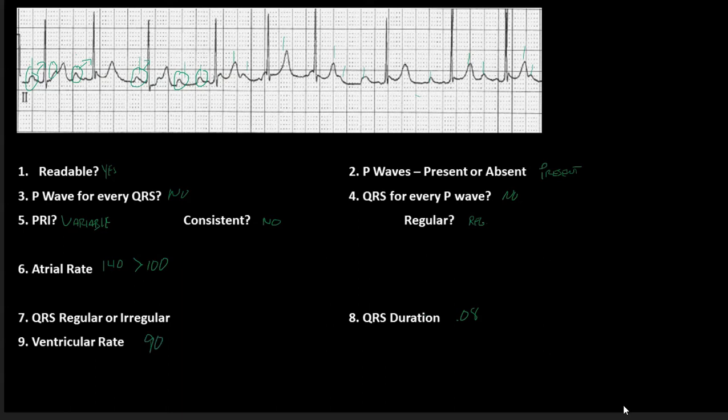And we have an irregular rhythm. And really, it is irregularly irregular, right? Because we can't find a pattern that actually exists there. So what is happening is that this is essentially, don't freak out, a wandering atrial pacemaker, but because it is much faster now,